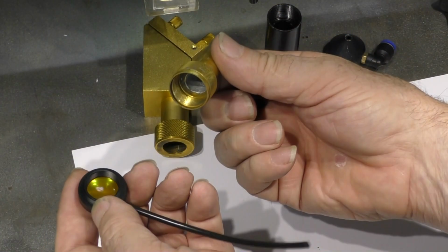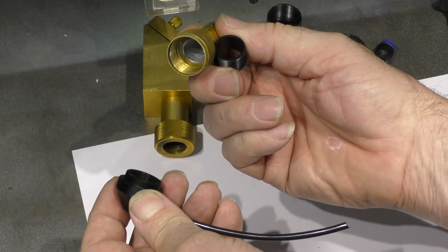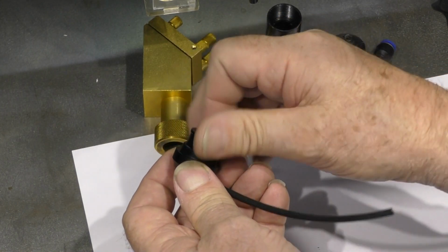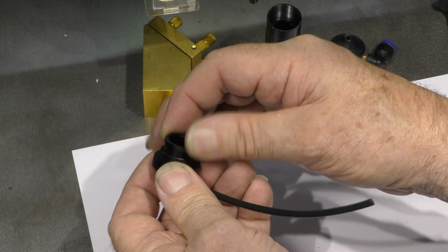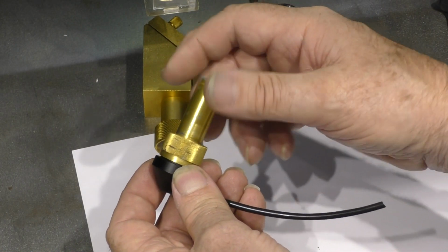Now when you're using it with this assembly you probably have to remove the O-ring. There's not enough thread inside there to gobble up everything that we need to hide. So clamp the lenses in, but this time you need to be very careful. Just tighten it up just enough for it to lock, and then we should be able to pop that